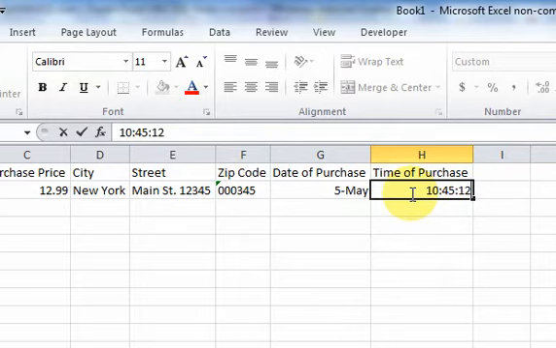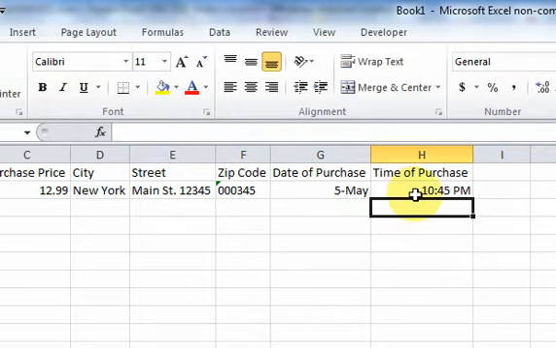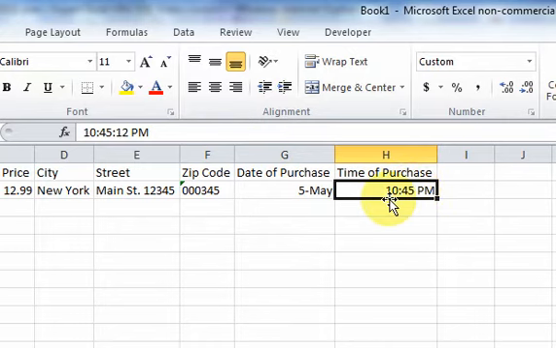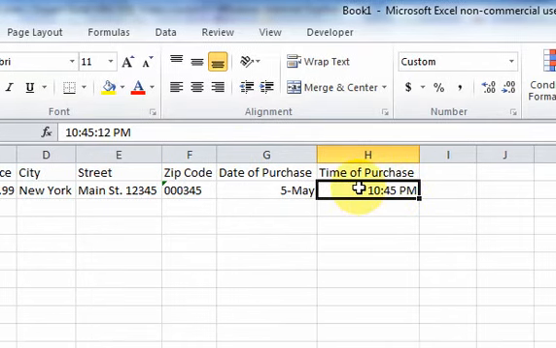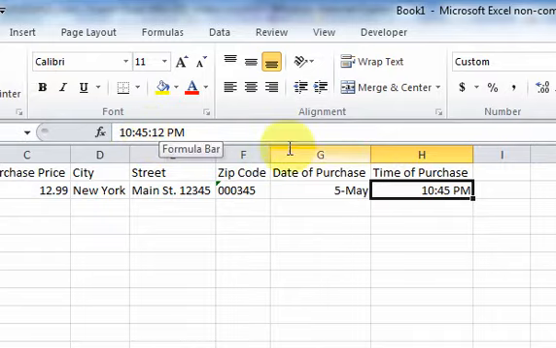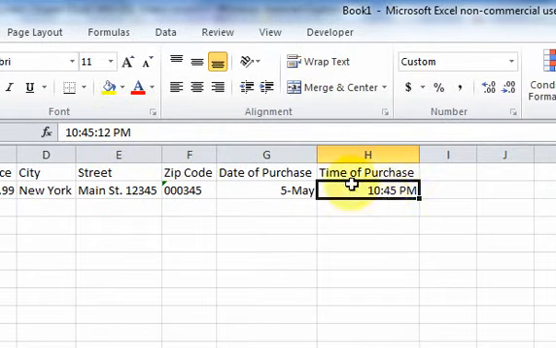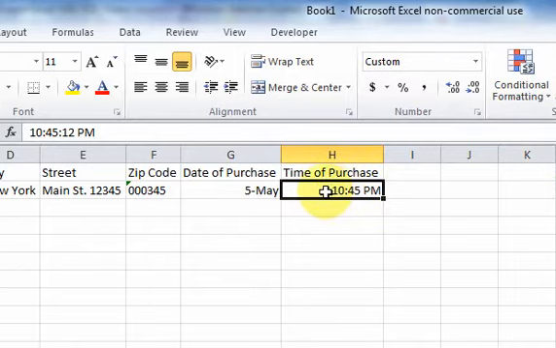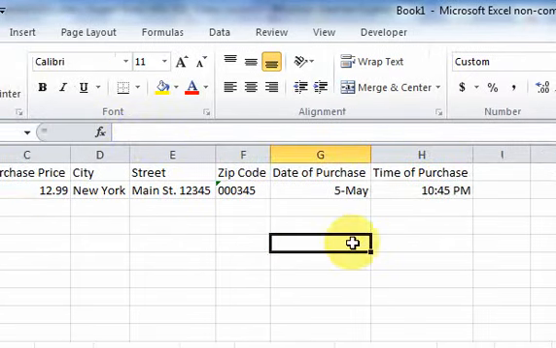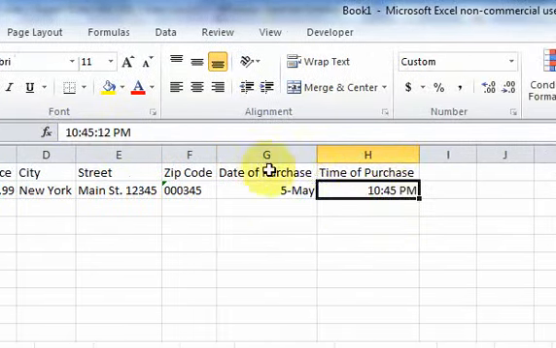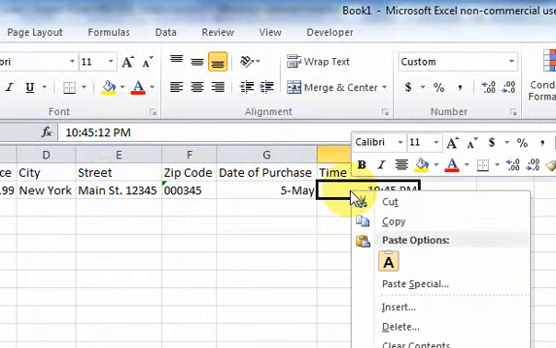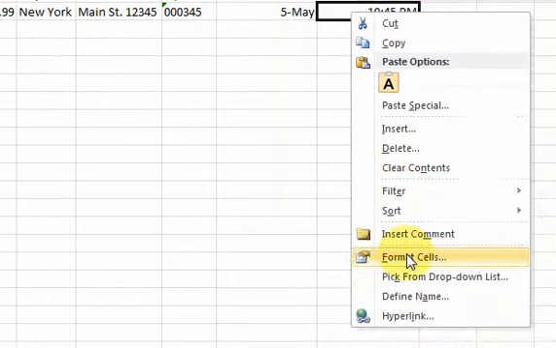10:45:12 p.m. So what that does is allows us to enter minutes and seconds into data that is time. But how come it isn't showing here? It's not showing because we don't have this cell formatted to show that. It's in the formula bar, but the cell doesn't show it. So how do we get it to show in the cell? Well, you just right click on the cell and you go to Format Cells,